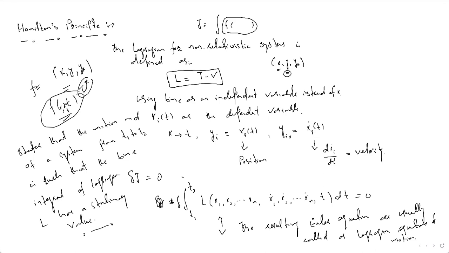Independent variables means the variables which, अभी तक जो हम dependent variable like x1, x2, x3, then xi dot, we were taking. Now we will be taking variables which are independent of each other. So how can we use the variational calculus or the variational principle for that? What could be the form of an Euler equation for that particular case?